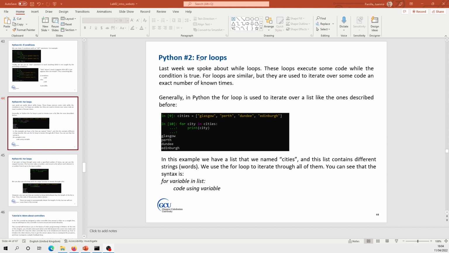So you remember from last week we introduced while loops. A while loop is a kind of structure that is going to iterate through some code as long as the condition is true. So for example, you can have something like while x is bigger than 100, and then you have some code like print hello world. So this print statement is going to be executed as long as x is bigger than